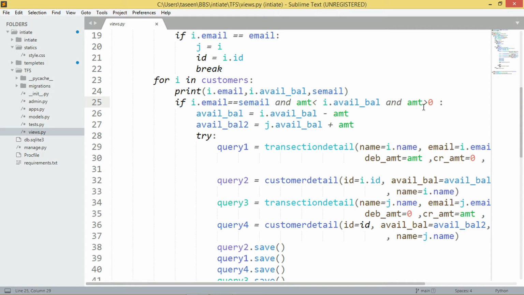After that we save all the changes in the customer table, and also save the transaction detail of this process in the transaction table.